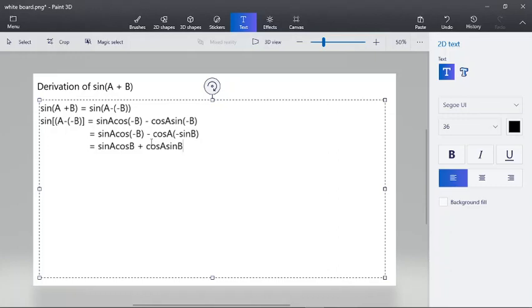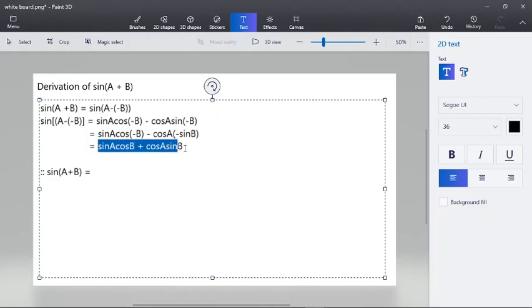Sine B. Therefore, remember this is a therefore. I think I should start writing. So therefore, sine A is equals to sine of A plus B. I won't space it out, but I definitely do need to make this a capital. I think I should make everything capitals, but it wouldn't make sense. Let's just copy paste this.